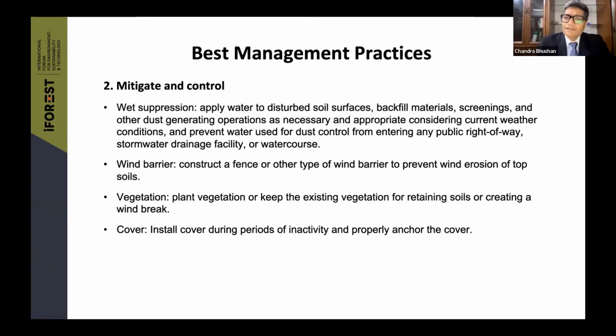This has to now become a major practice. So far we have been thinking that pollution only comes from the tailpipe of vehicles. That's not true. As I showed you in the first slide itself, whether you take PM 2.5 or PM 10, dust is a major source of pollution in India. Therefore, we have to take dust as seriously, in fact even more seriously, than the way we are taking care of pollution management from other sources. So we now have to start thinking about dust very seriously and bring dust control as part of our environmental regulation and project management practices.